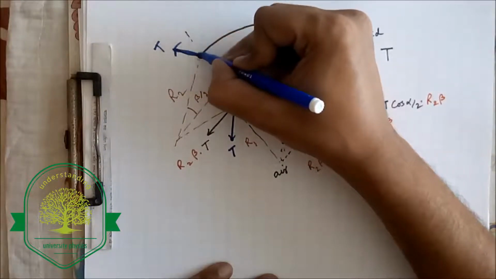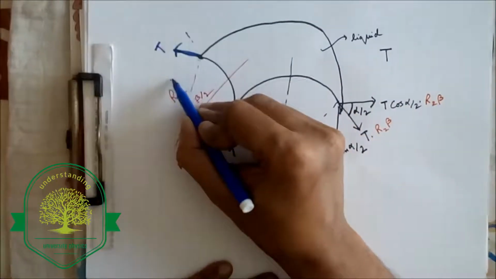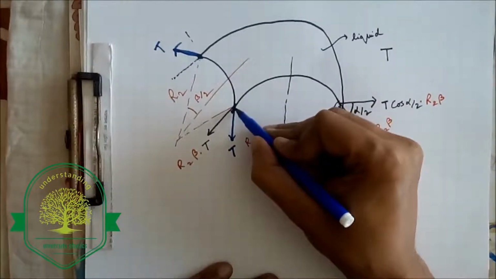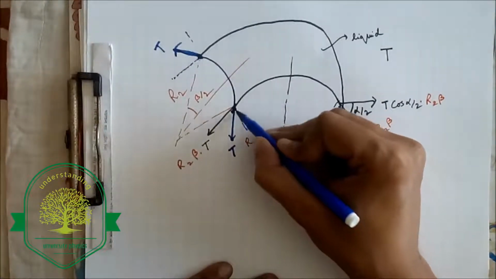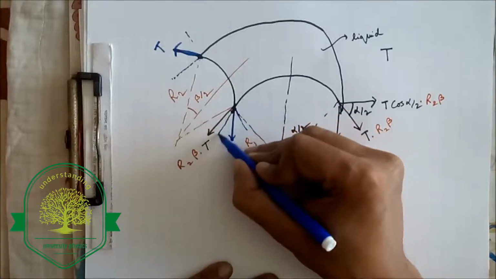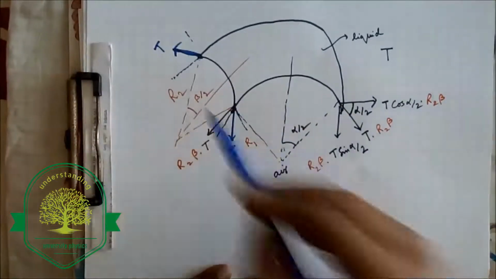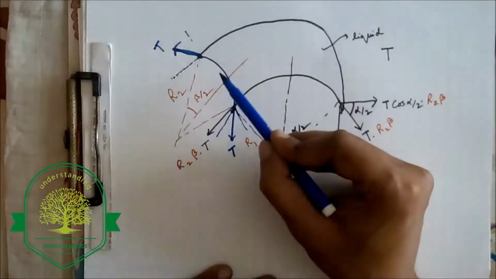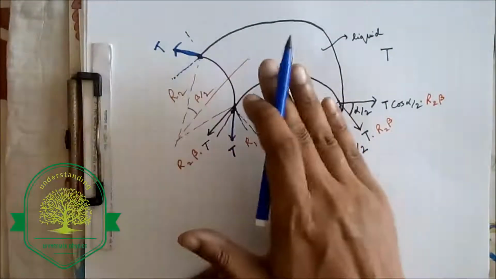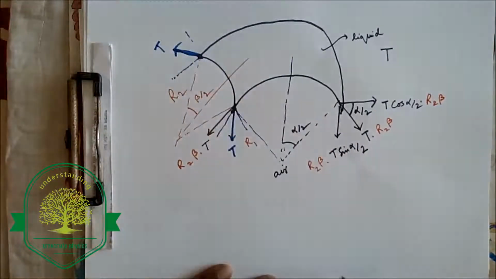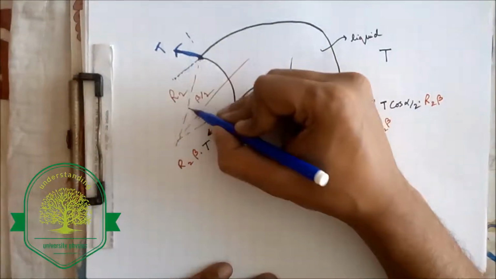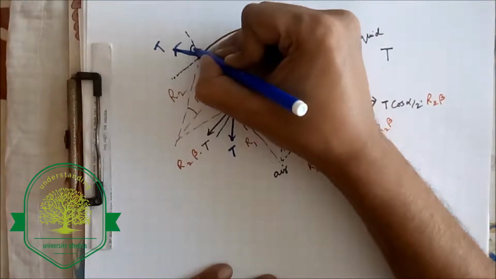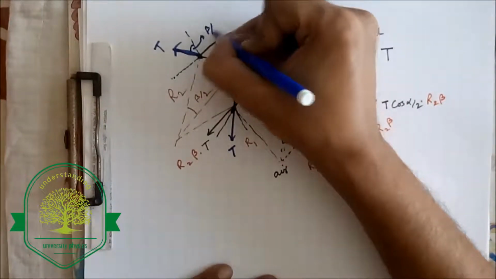So these components will actually cancel each other out and their vertical components will add up. These lines are actually meant to be perpendicular to the plane of paper and in the downward direction. So let us see, if this angle is beta over 2, I think, yeah, this angle will be beta over 2,